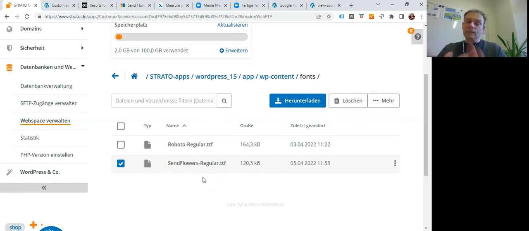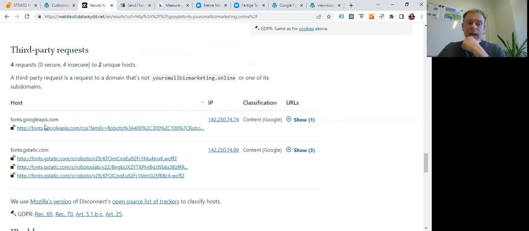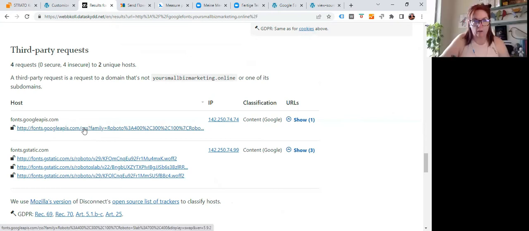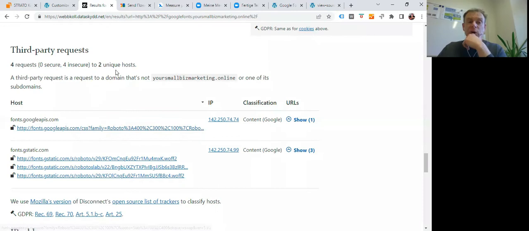Okay, so we've uploaded the font, but we need to do something first. We saw here in our check that our website is calling up Google fonts. We need to change that. We need to stop that. Okay. So depending on your theme,